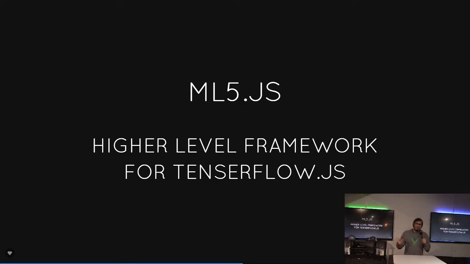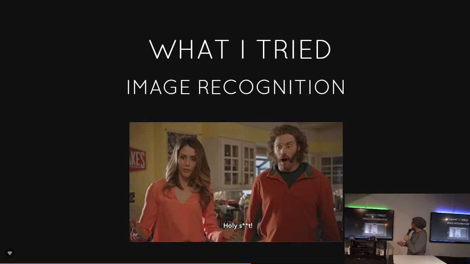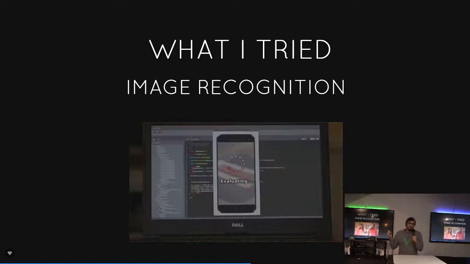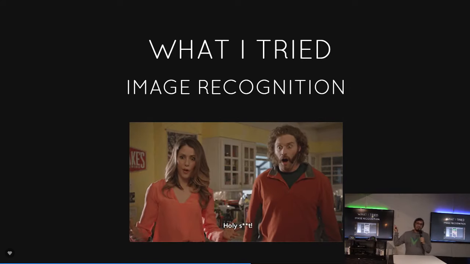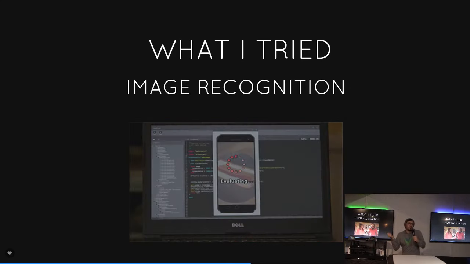So much so that it is kind of coupled loosely with p5.js, which is a DOM manipulation framework, kind of like jQuery-ish, not really, but not as slow. But so there's lots of things where you can just write very little code and get machine learning in JavaScript, and browser-based as well. So I tried image recognition, because the hot dog thing's fun.